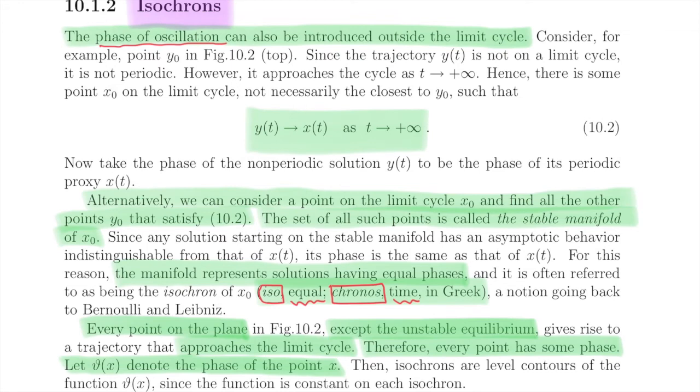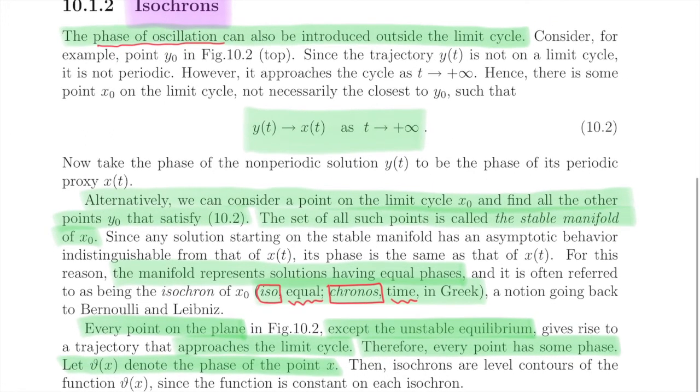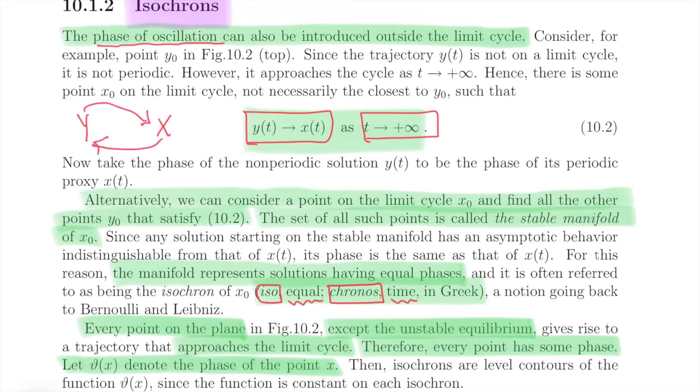So this is the thing that I said, that when time goes to infinity, then y of t will be x of t. And so alternatively, we were talking about y, we were trying to understand x, and now you can go vice versa. You can say for every x as the solution on the limit cycle,